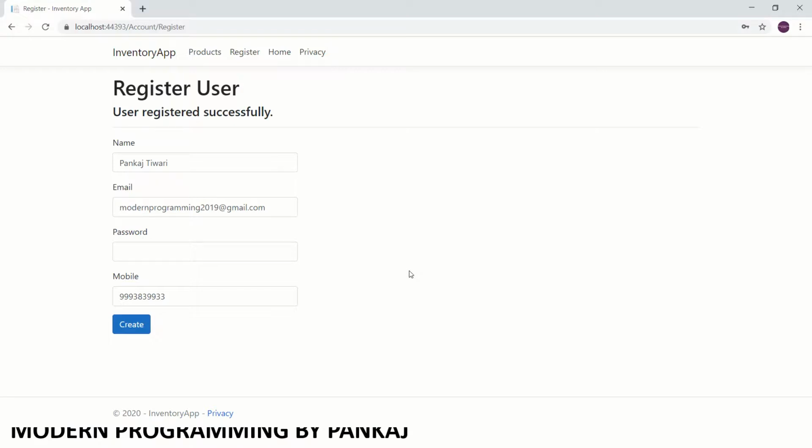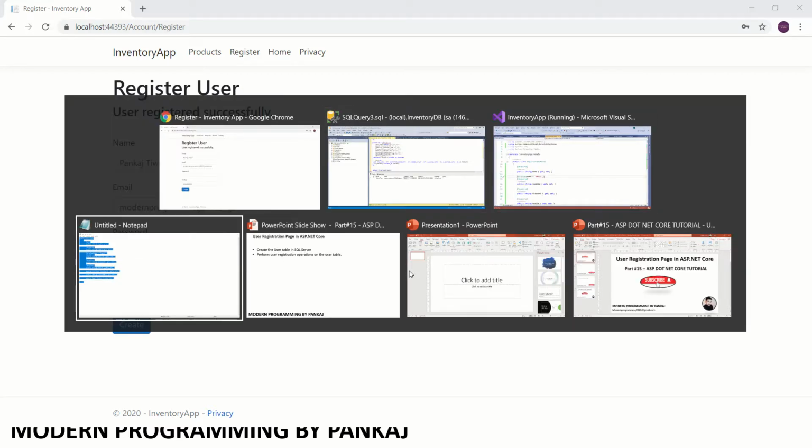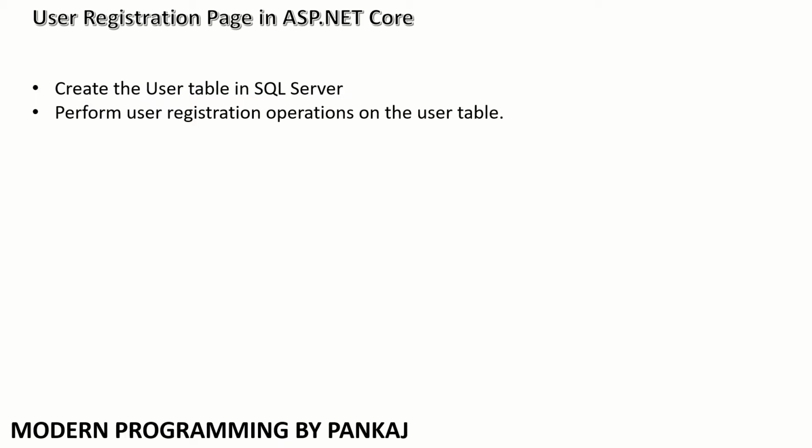In our next video I will show you how we can create the login page and how we can maintain our current user, and then we'll see how login functionality works in ASP.NET Core using Entity Framework. I will also try to use some secure mechanism, but first I will try to show you how we can get the login done. Then I will also show you how we can see whether this is secure or not secure. So we'll try to analyze everything one by one. So I think I have covered everything related to this registration page.